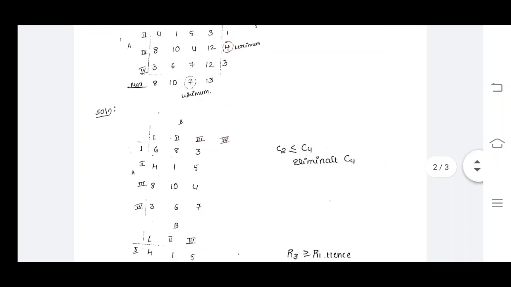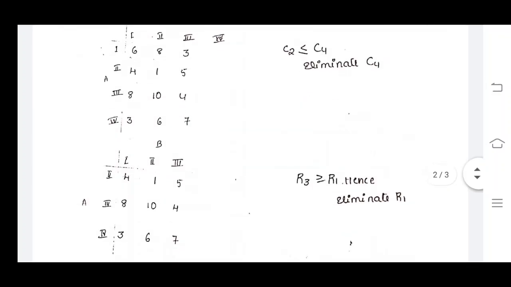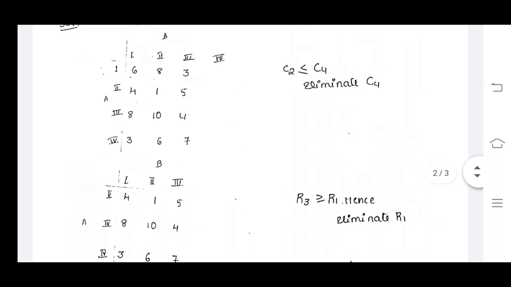Now further, you can apply either the row domination reduction method or the column domination reduction method. We know that all the columns will be compared with each other, and if you have any dominated row in the payoff matrix, you can go with it. Now I am applying the row domination for the payoff matrix which is newly prepared.